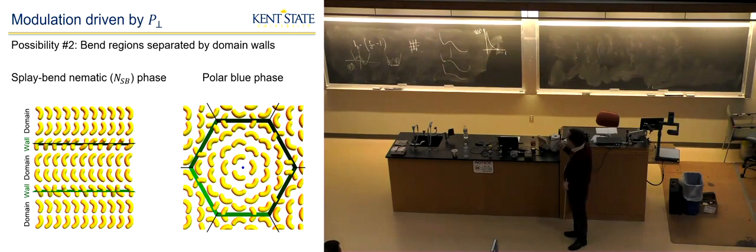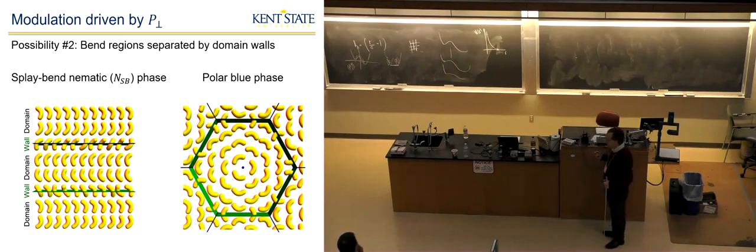Okay, a phase, say, with a domain of bend, and then a wall where the polar order gets random, and then a domain of the opposite bend, and another wall where the polar order gets random, and then that repeats. Or the domain walls could be arranged in a more complicated kind of way, like that. So those things would be driven by P